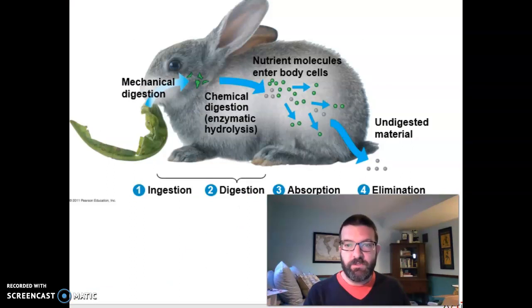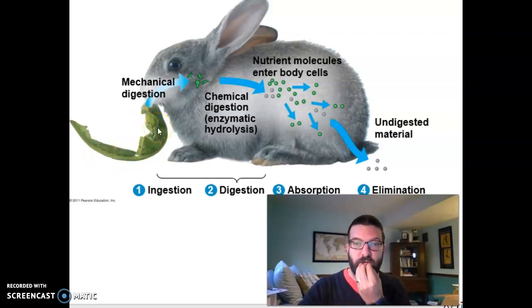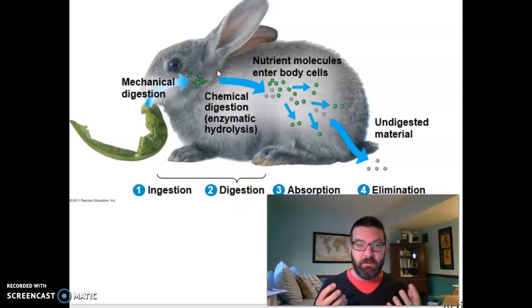For most animals, there are 4 main stages in food processing. The first is ingestion, where you literally bring the food into your mouth, introduce it to your digestive tract. And then digestion, where you maybe mechanically and chemically break the food down into its component bits. So not only do you rip it apart mechanically with your teeth, but you also break chemical bonds and you turn polymers into monomers, right?